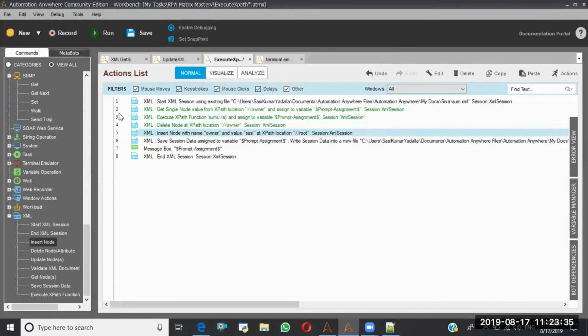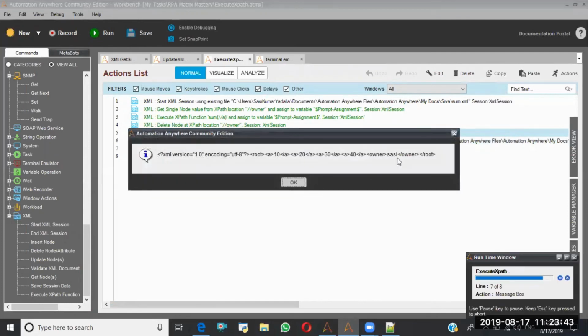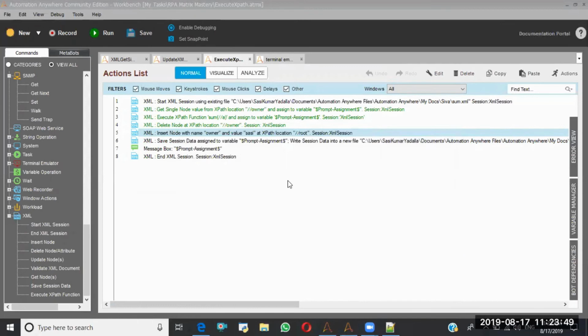And selecting this. Save. Run. See, again this owner has been inserted in the given XML file. Like this, we will be able to insert the new nodes in the existing XML file.